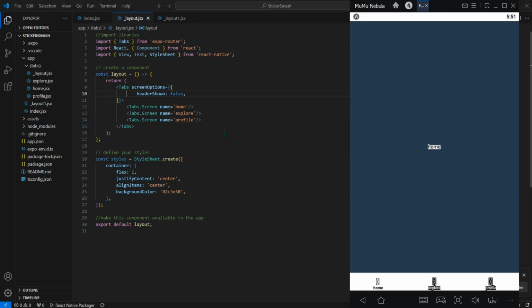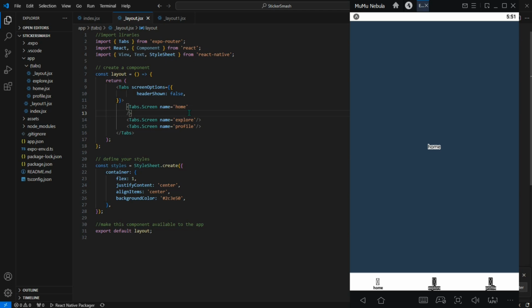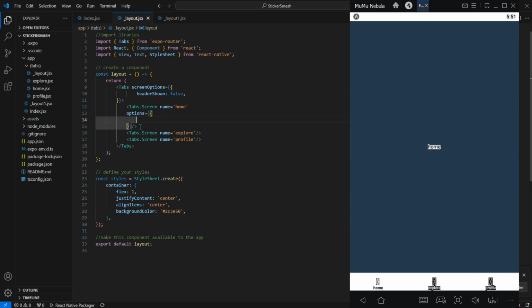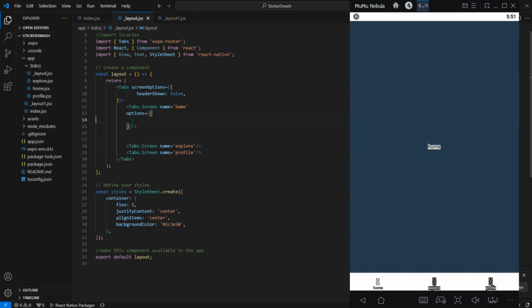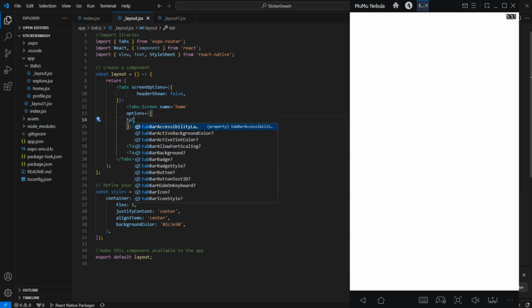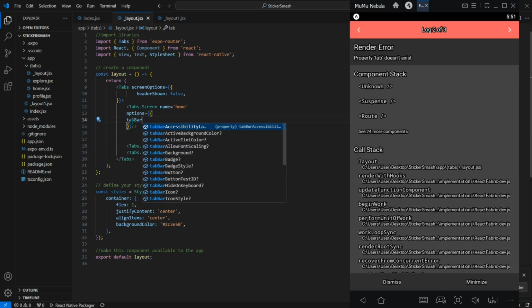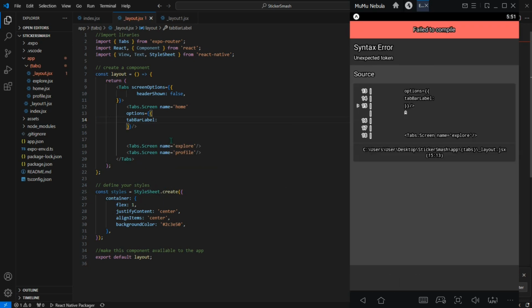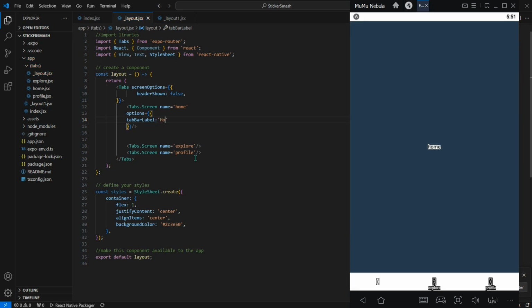Now, the next thing we want to do is this label. We want to do the label. So in this place, we just want to say options like that. We have some space, and we want to say tab bar label, like that, and the label will be home for that one, and we have the home,